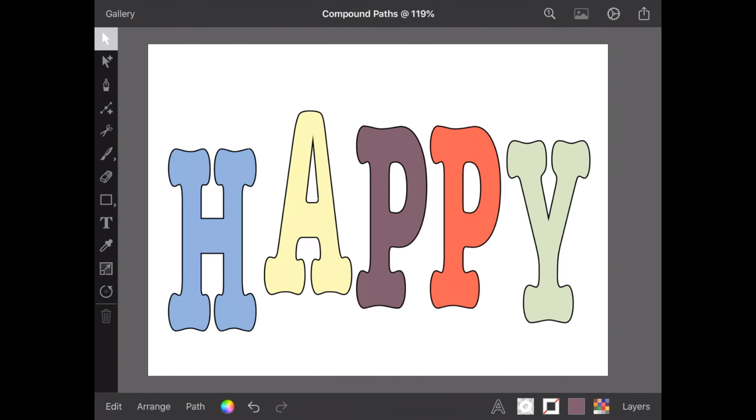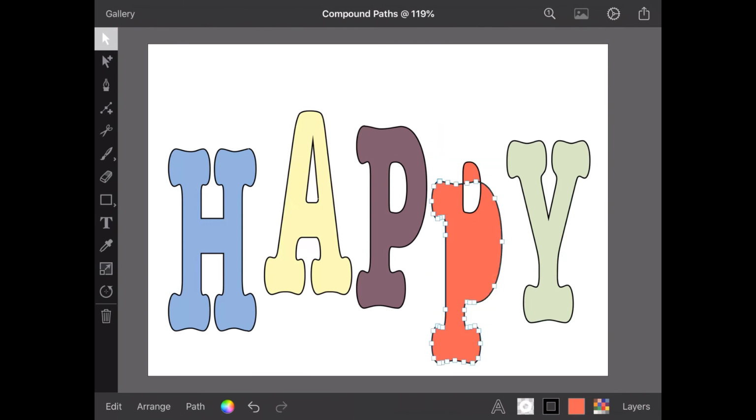Moving compound paths. The position and anchors of each subpath that makes up a compound path remain individually editable. This means you can change the shape, size or position of any subpath. To manipulate an individual subpath, you need to select that specific path. If a fill colour is applied to your compound path, tapping it will result in all subpaths being selected. To move the compound path as one, you need to ensure all subpaths are selected. So in the case of this letter P, just grabbing the outer shape will leave the inner path behind.